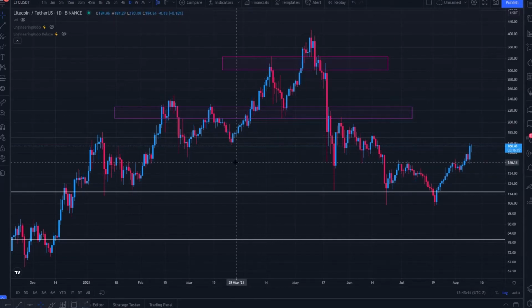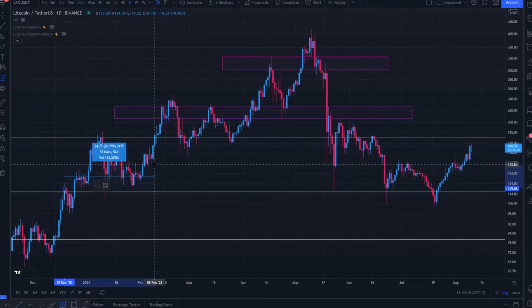Jumping right into it. To kind of recap, price action has interacted with this very key range of sideways that it has broken out of and then returned to. I do believe this key zone to consider is going to be support around $116 per Litecoin, and resistance overhead is going to be the $177 level. This is a range that we see price action kind of entering and getting slapped around between for a good amount of days here, between kind of the 19th of December of 2020 all the way to the 9th